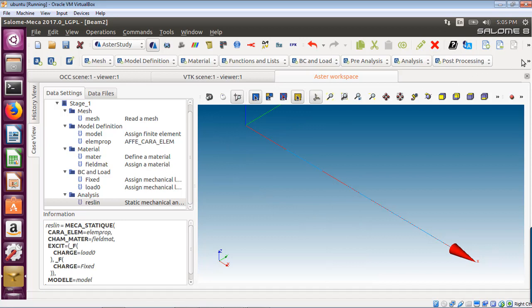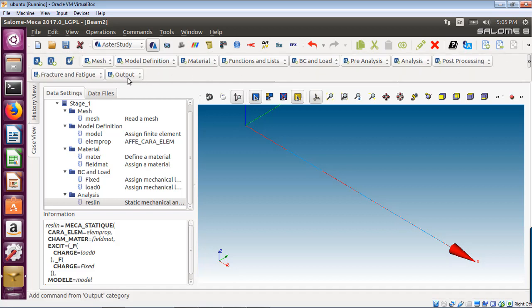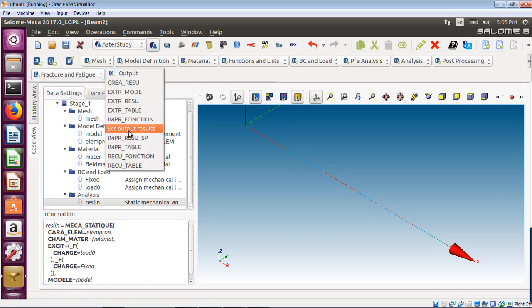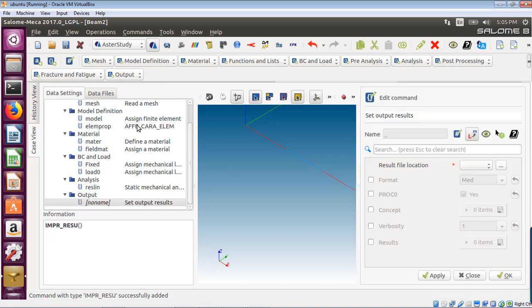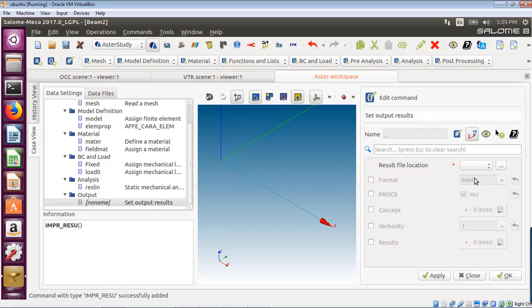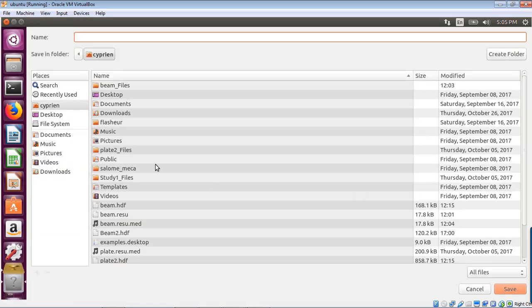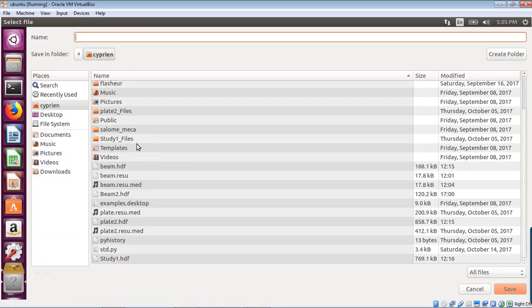And finally, let's define the output condition. So output results. Now I have to tell basically where the result will be saved. So I have to create a new file called beam2.resu, like results.med,